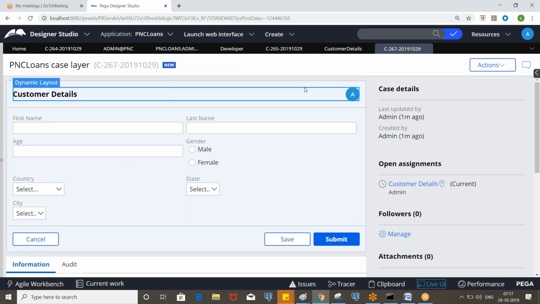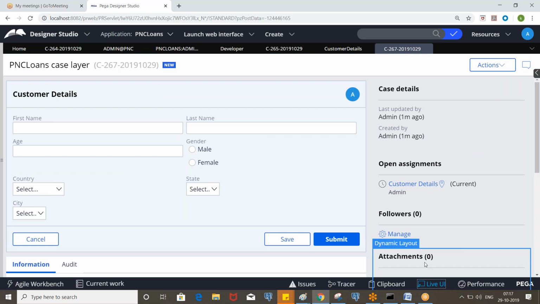Let's say the customer asked you to change something here. By looking at the screen names, we cannot identify what section is being invoked exactly. Because in real-time applications, we'll have a lot of sections available, and some will pick from some class and some other rules will pick from a different class.